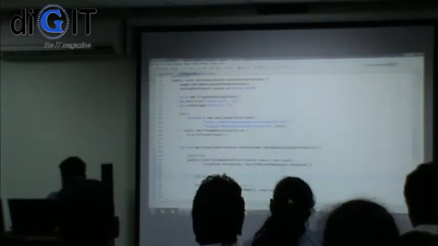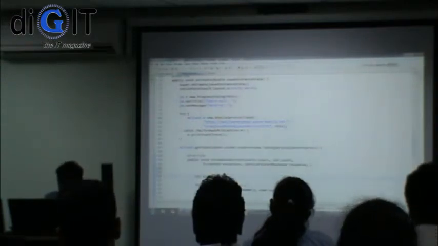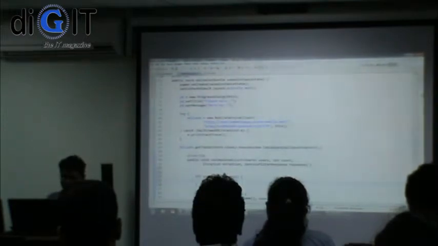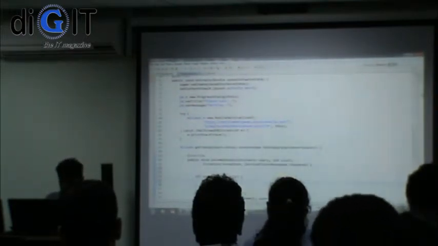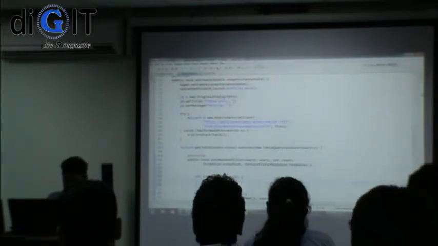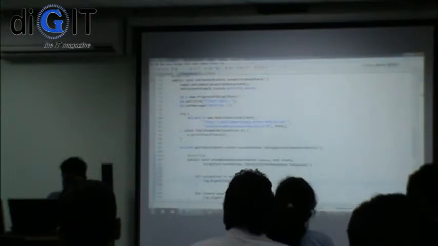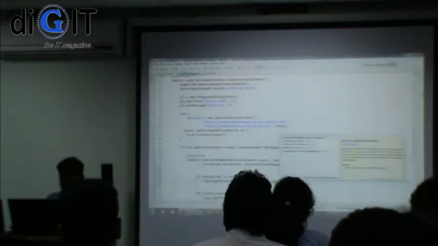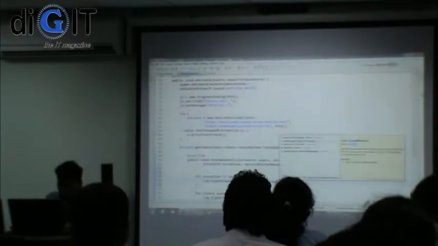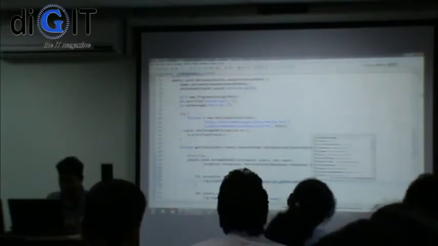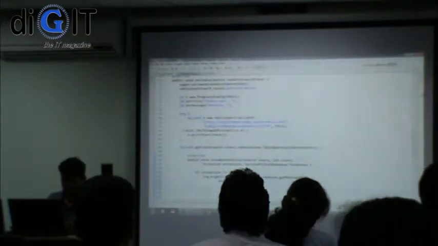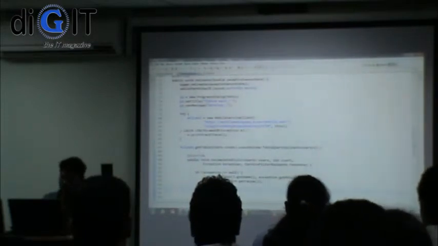So I'm just going to say if exception is not equal to null, then Log.e, getClass().getName(), exception.getMessage(), and the exception stack trace, and then obviously I've got to return. Hopefully that's the case.